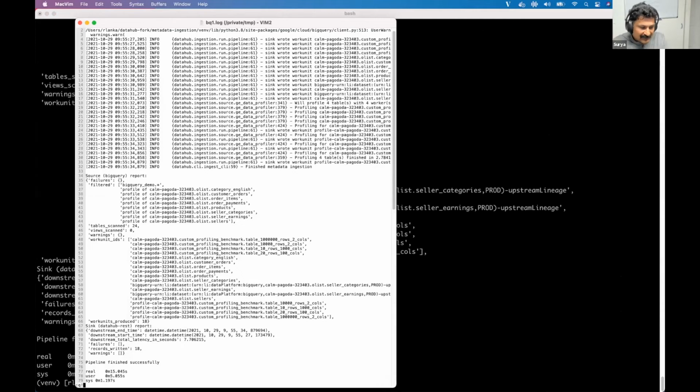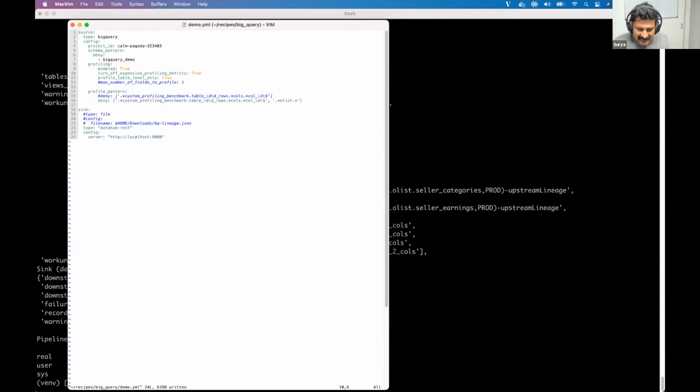These are the tunable parameters. One nice thing, if you notice here, is this is working along with the allow and deny patterns. Here, this is saying deny anything that has just one column, so a column ending with one number.